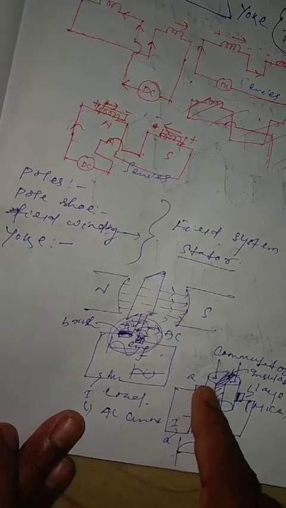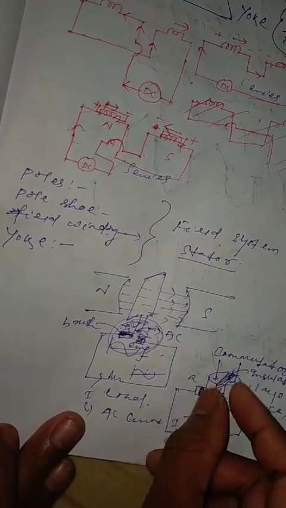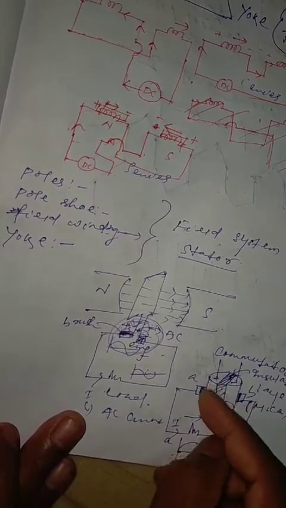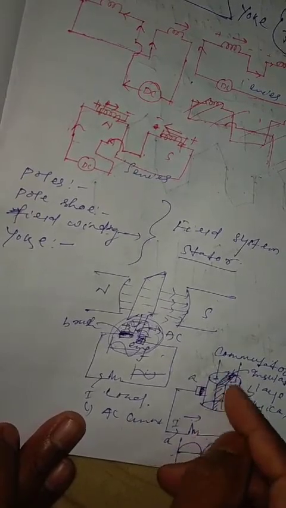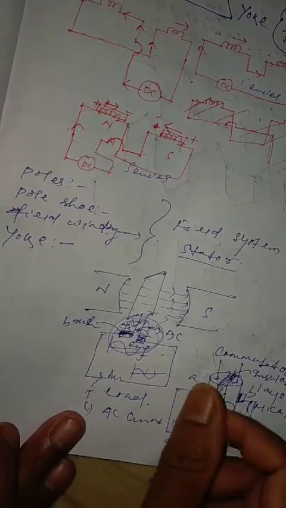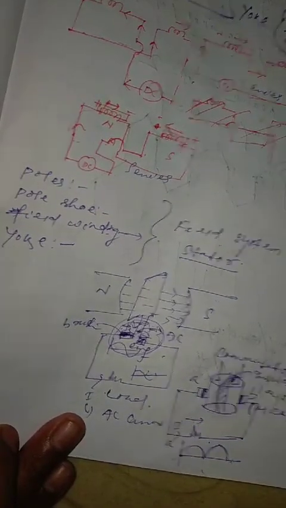Why? Because those are connected in order not to move. So how do we keep this one from moving? Just by connecting some balls and bearings over here, so that this part will not move. These brushes will not be moving, clear? This one will be rotating, whereas the brushes will not be rotating.